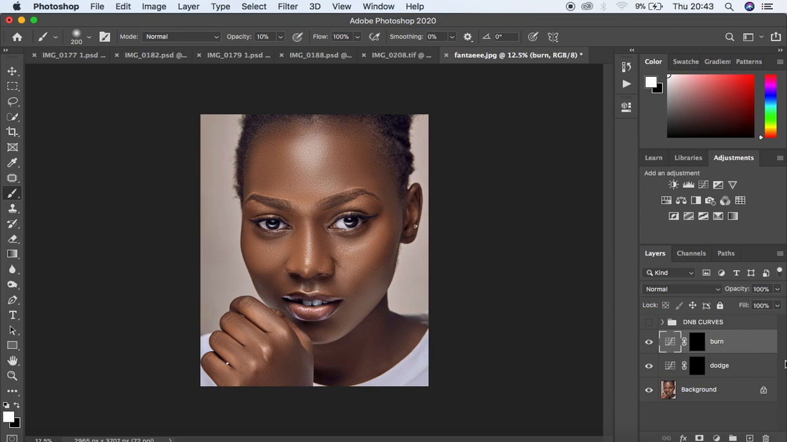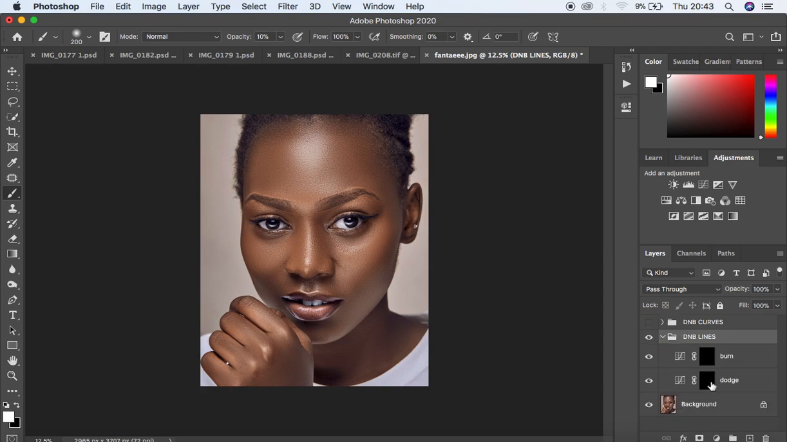So we're going to select both by holding Ctrl or Command and clicking on both layers, and you're going to hit Ctrl or Command G to put them in a group, and you're going to name that group D and B for dodging and burning, and then lines. So dodge and burn lines, and you're going to open this group, and first of all come to the dodge